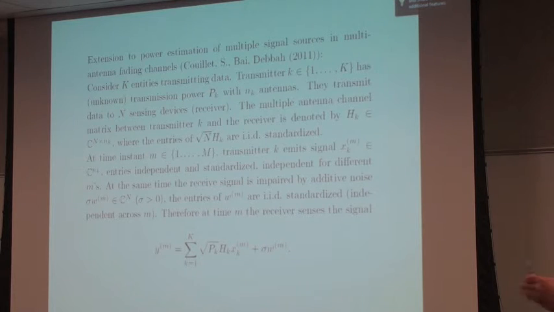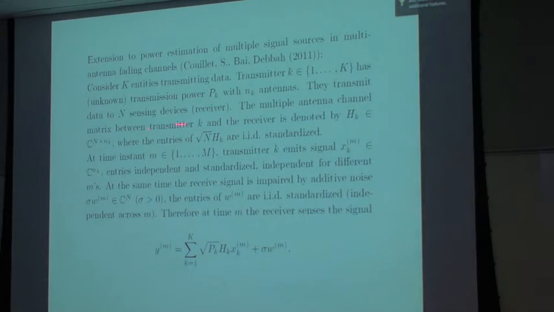Think of cell phones in an environment. You have capital K entities transmitting data. Each one has an unknown transmission power, with little n antennas. They transmit data to capital N sensing devices. So think of one tower with capital N antennas. The multiple antenna channel matrix between transmitter K and...